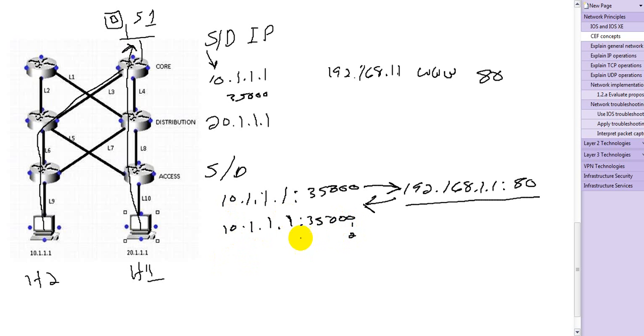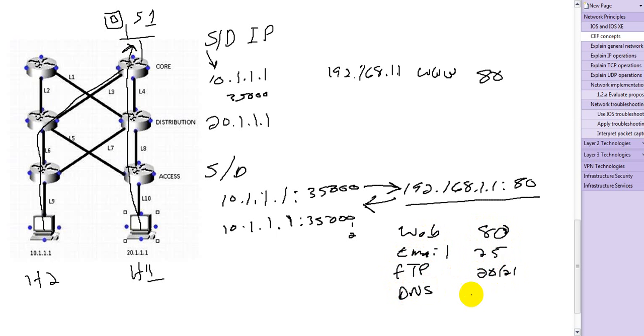So when you have more than one connection, the problem that the original version of the CEF algorithm has is it just looks at source and destination IP. If you use include ports, it's going to figure out based on the type of traffic. So one session going to this guy, let's say this server does web, email, FTP, and DNS. So we're going to have 80, 25, 20, and 21, and we're going to have